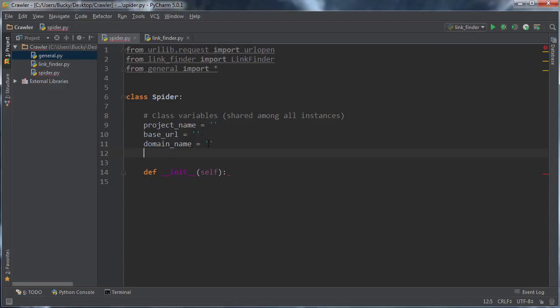So there's that. Now, I'm also going to make variables for those crawled and queue files. That's just because I don't want to type project name plus crawled.txt all over the place every time I want to access the file. So I'm just going to make a variable right here and I'll name it queue file